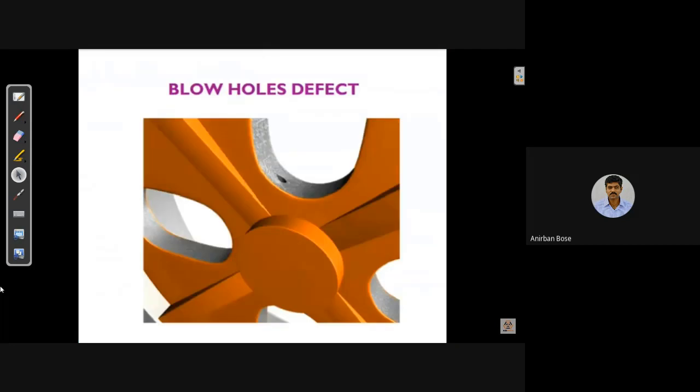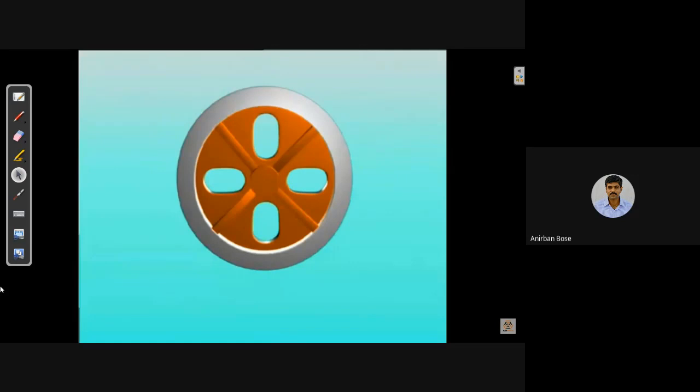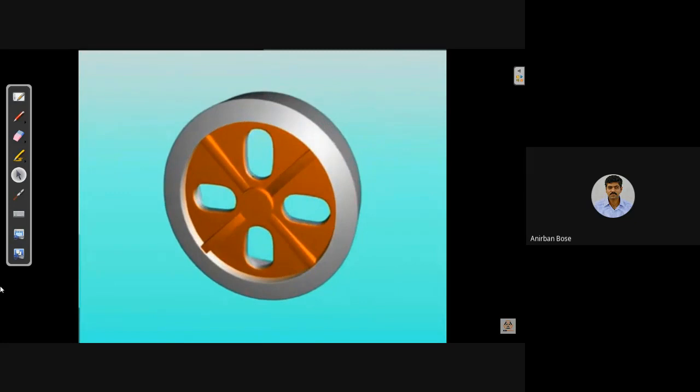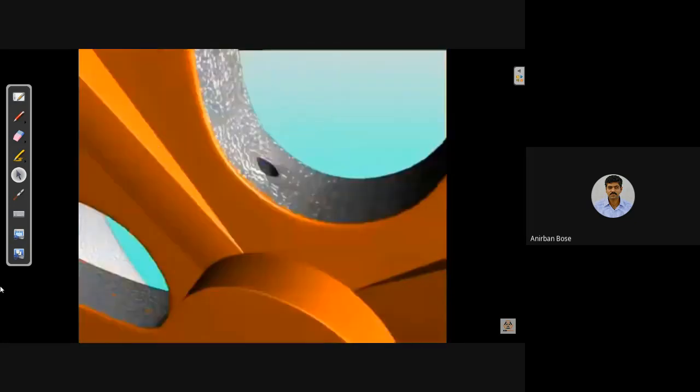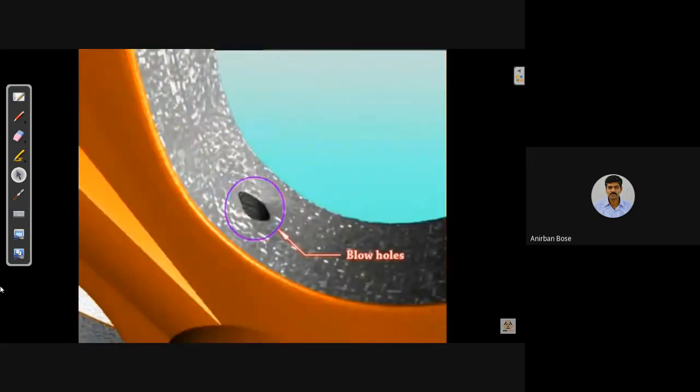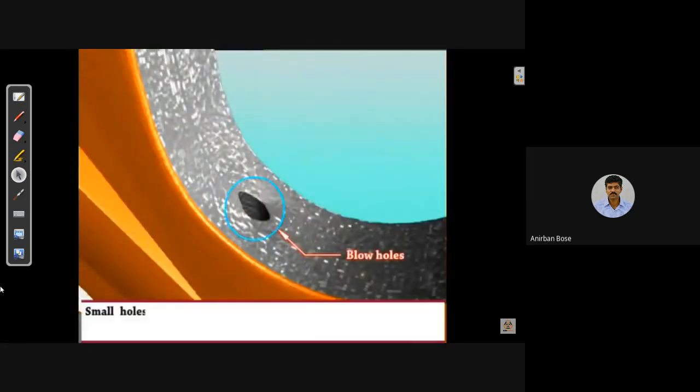Blowholes defect. Let us see an example for blowholes. Small holes below the surface of the casting are caused by entrapped bubbles of gases.